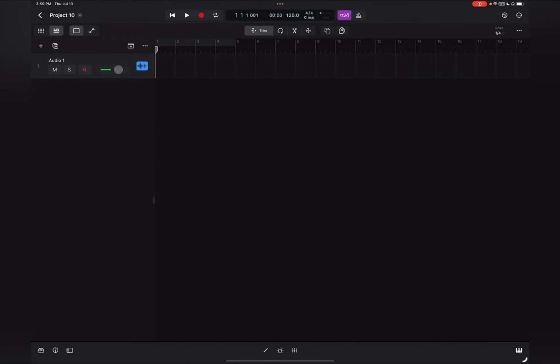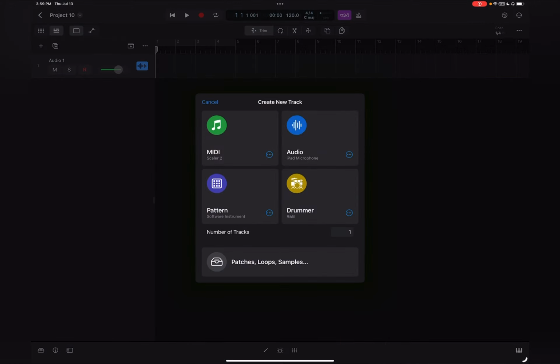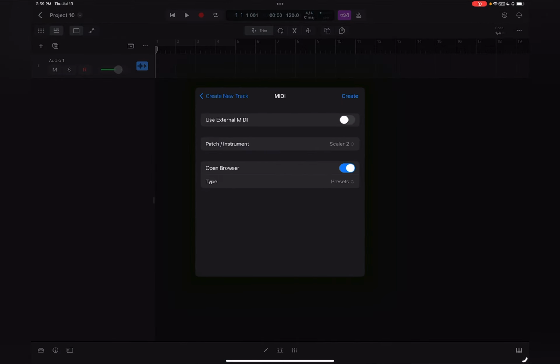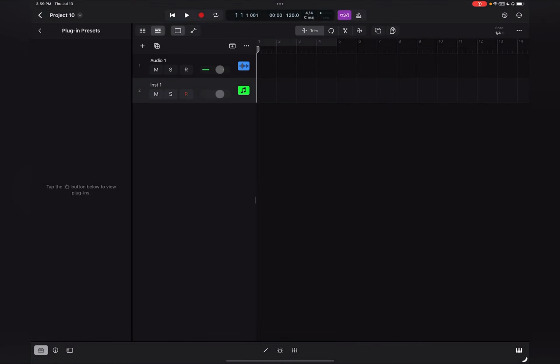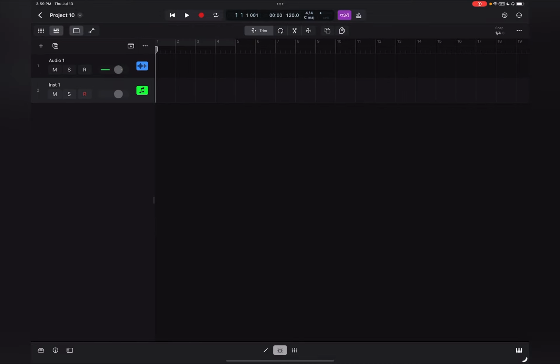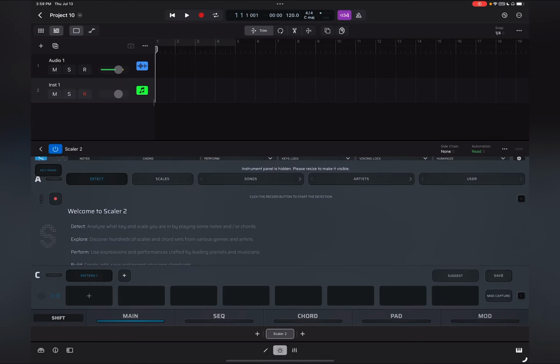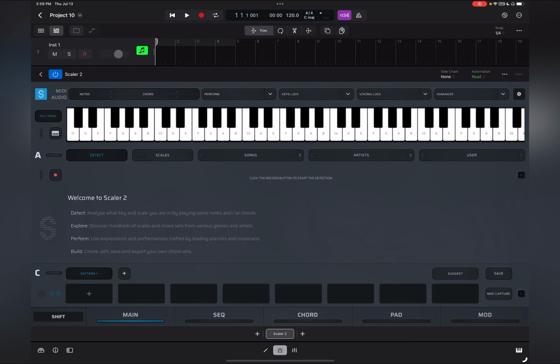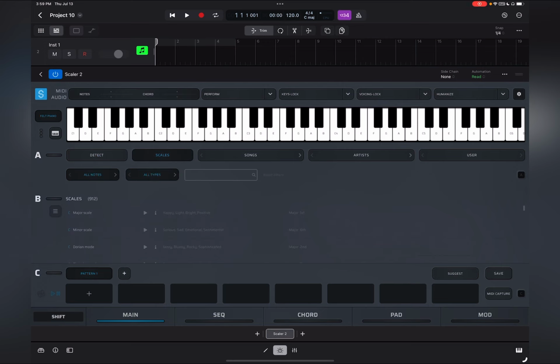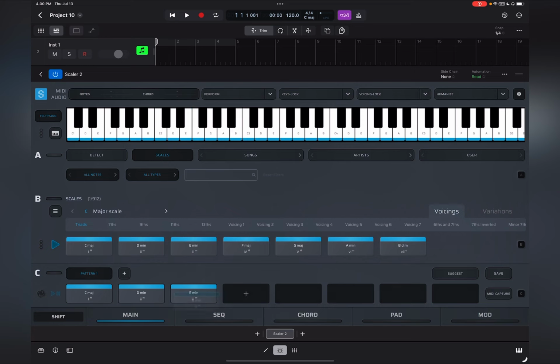All right, to keep the video short, I don't really need to show you how to use Scalar too much because I'm sure I did a video on it already. And a lot of people are probably familiar with it, but in the same breath, if you're trying to figure out how to beat block, you may not know how to use it. Scalar with Logic Pro, Cubasis, any major DAW, basically the way you use it is you build a chord progression,